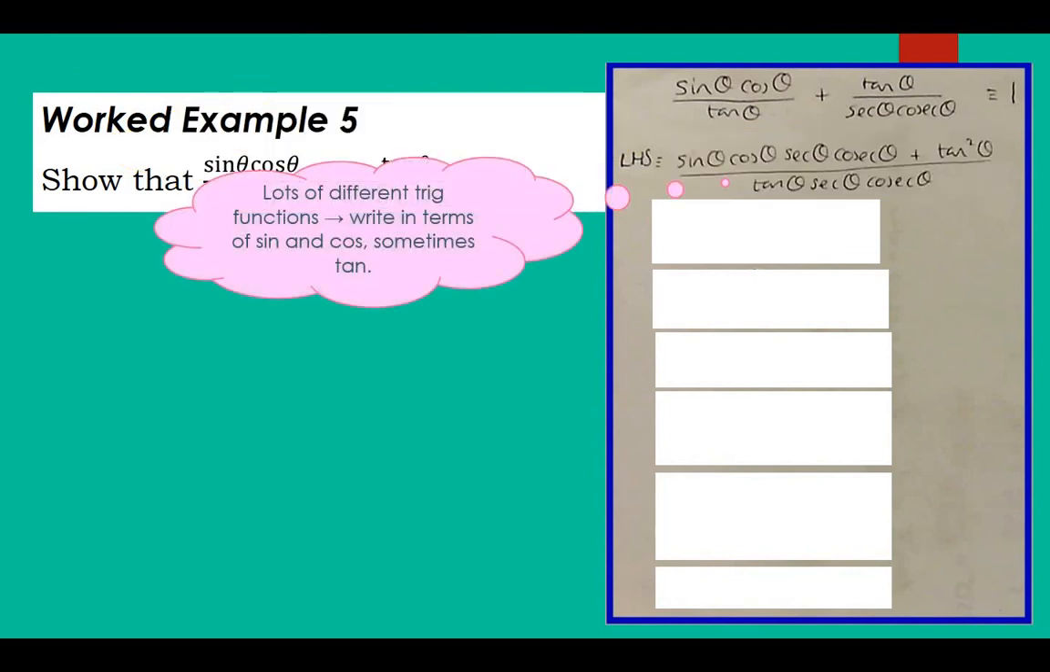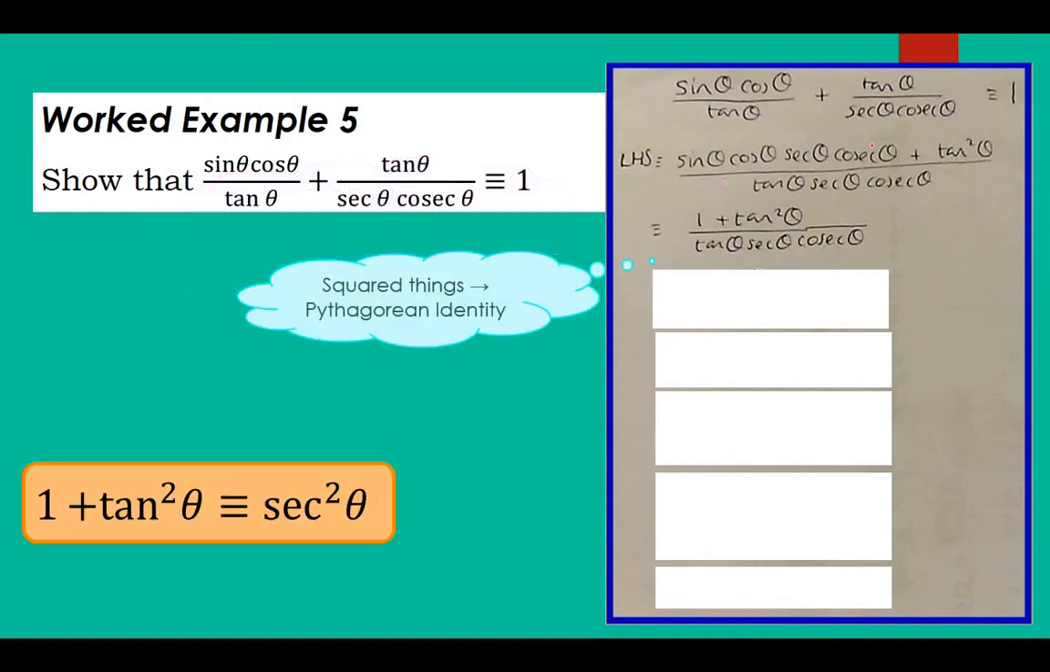Now we've got loads of different trig functions there, so we're going to write them in terms of sine and cos, just the numerator on this messy bit at the moment. If you combine sine with cosec, they will cancel out. If you combine cos with sec, they will cancel out because one's the reciprocal of the other, and we just get 1. Now once we've got that simplified to be 1, we can see we've got a nice tan squared there,